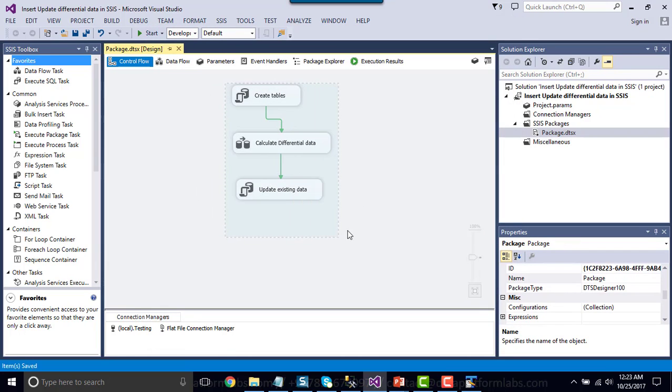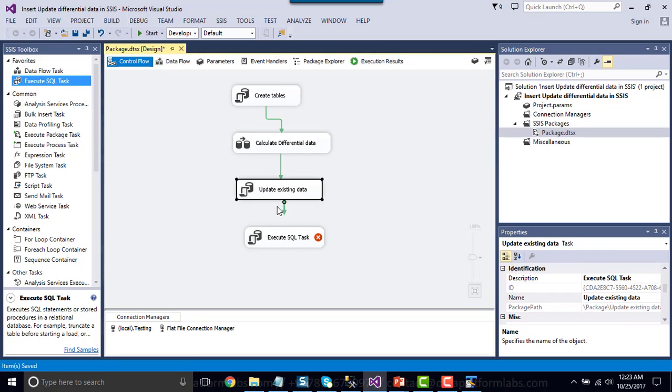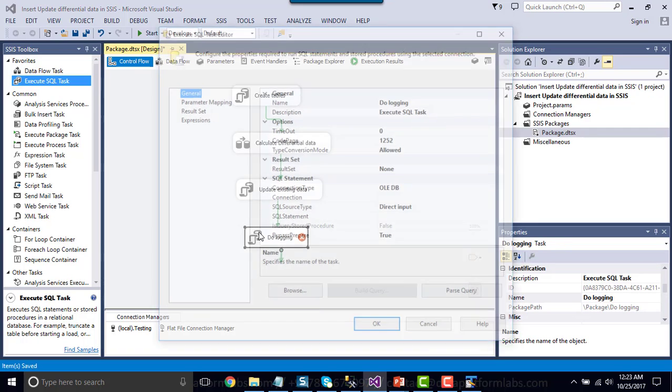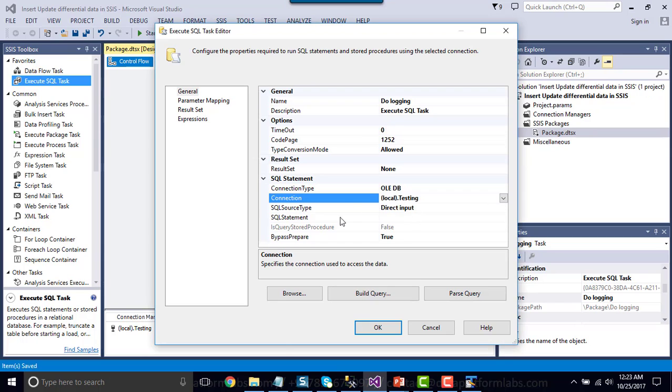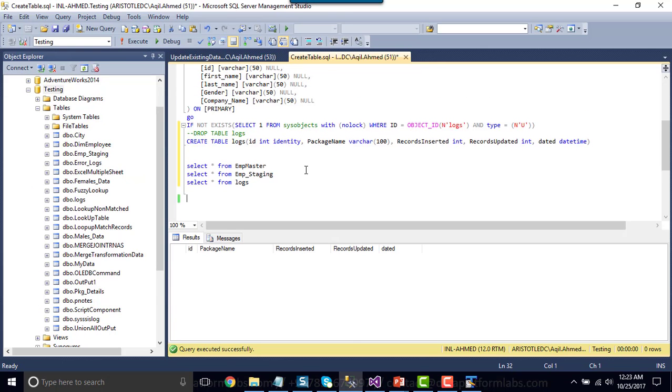Now we have cached the values of the inserted or updated records in the SSIS variables. Now let me simply insert that information into a SQL Server log table. Do logging, and then double click here, make a connection to the testing database, and now go back to this particular location, and let me simply write an insert query. Insert into logs values. First one will be package name, another one record inserted, record updated, and the get date